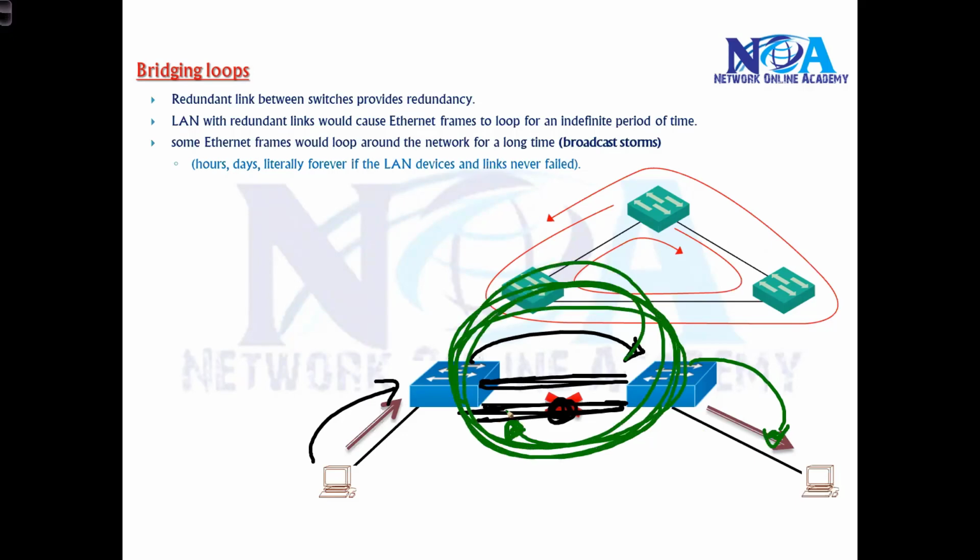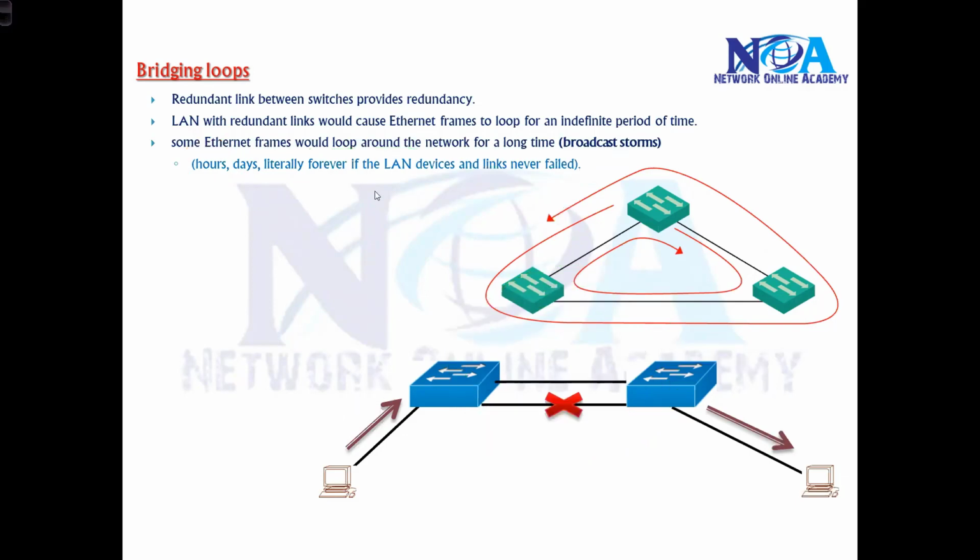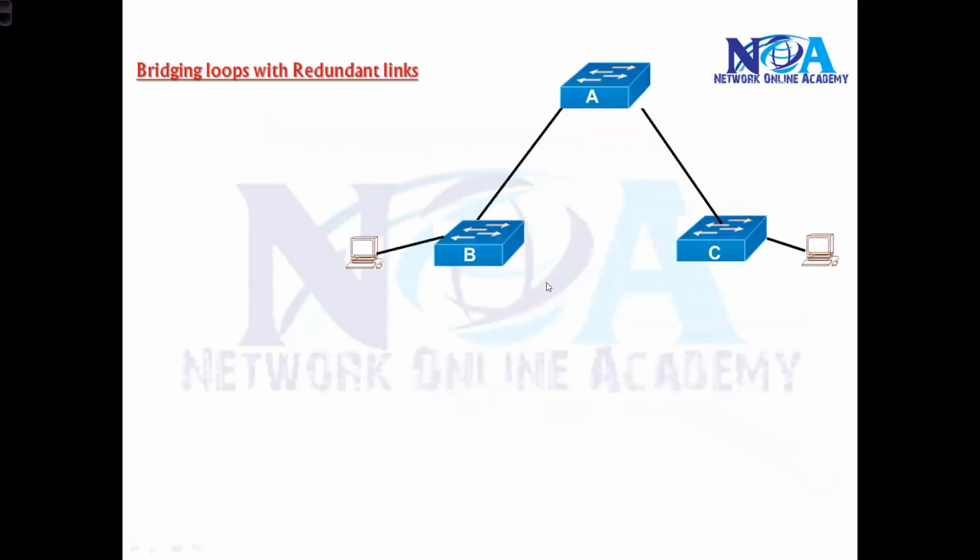Okay. So these loops will be in the network for a long time, and generally we call them broadcast storms. How long it lasts depends. It may be a few hours or a few days, or unless and until you remove the extra link, the loops will be there in general. So we call them bridging loops. Technically, in production scenarios, whenever you are connecting multiple links, there is a possibility of loops. We call them bridging loops. There are other problems it will create.